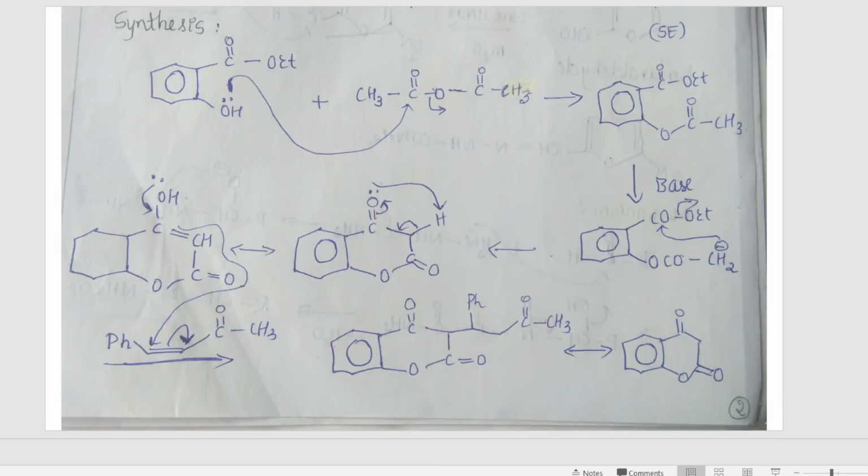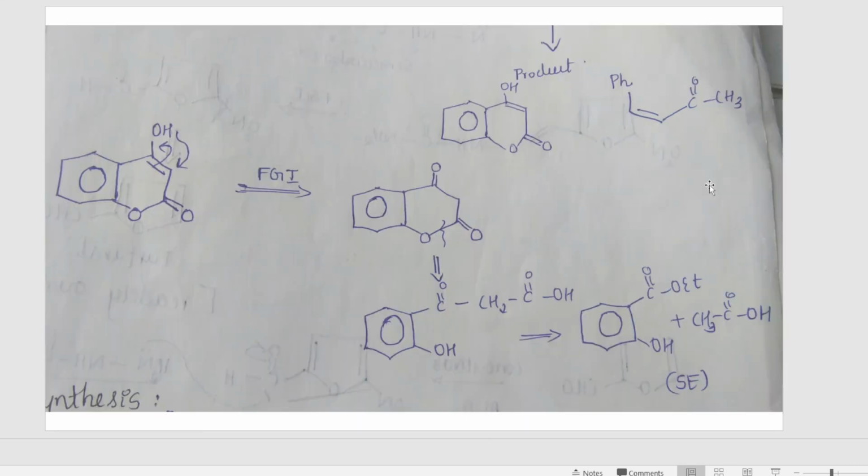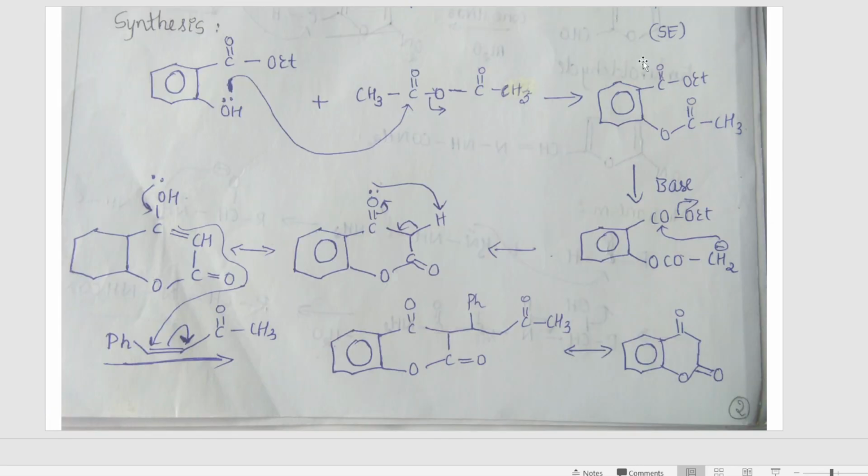Okay. Next is the synthesis of this molecule. How to synthesize this particular molecule? So synthesis will be the reverse of the retrosynthesis. First write the last molecule that you've got here, that is, this particular molecule is written, and we are taking two molecules of CH3 C double bond O, C double bond O, CH3.